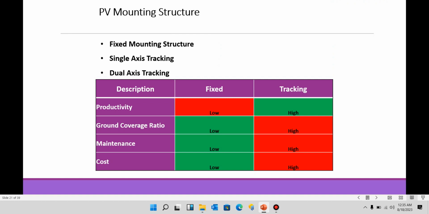For the fixed mounting structure, the production of the solar system will be lower as compared to the tracker, because the tracker system tracks the solar energy by moving the solar panel in accordance with the direction of the sunlight. Ground coverage ratio: the ground coverage ratio of a fixed solar mounting structure is low as compared